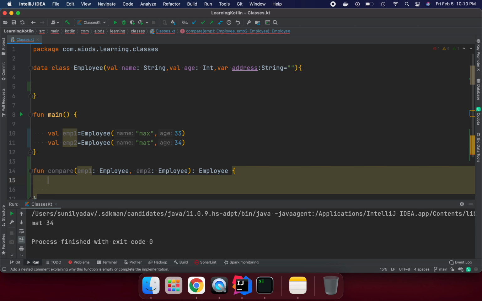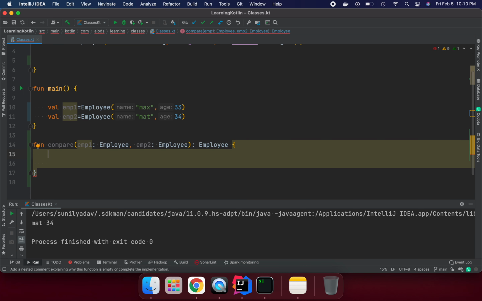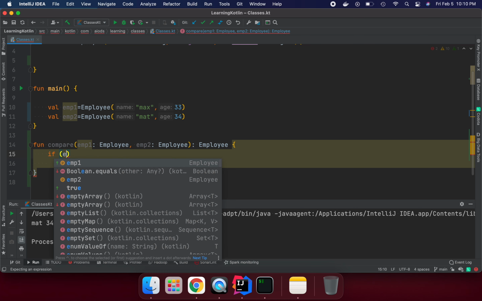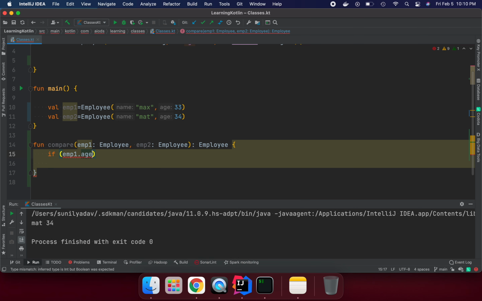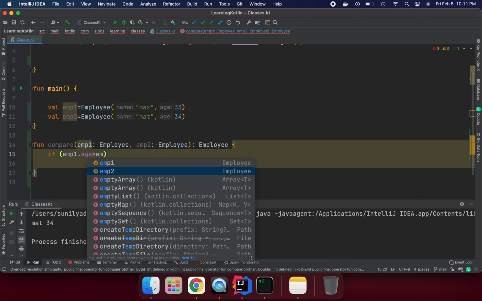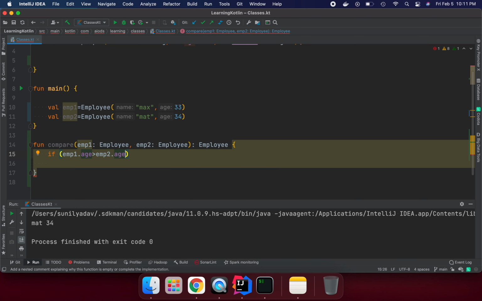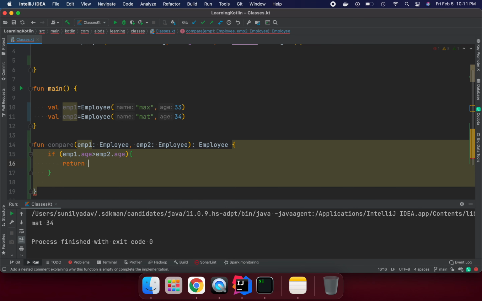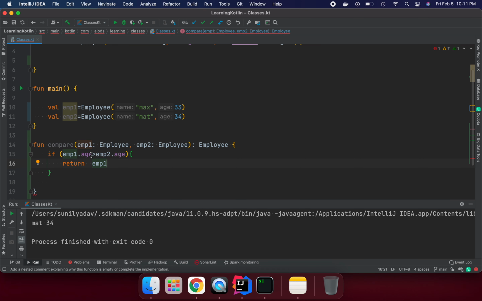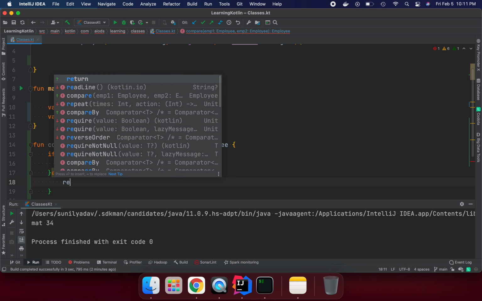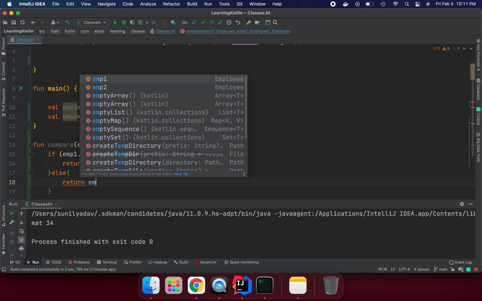So how do we generally write an if-else condition? We say if employee1.age is greater than emp2.age, then return emp1; otherwise, else, return emp2.